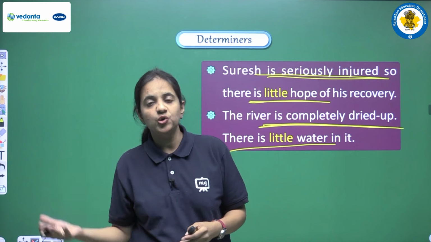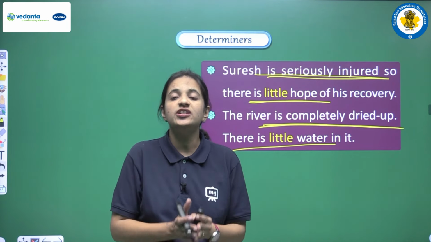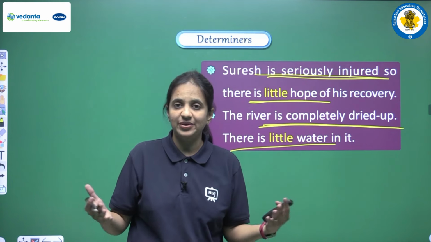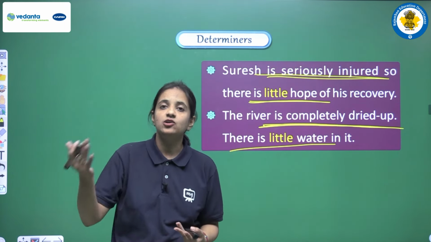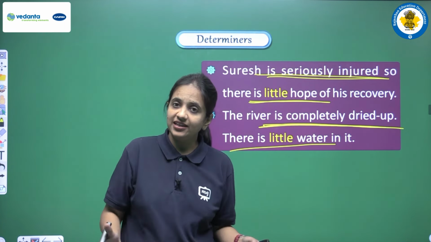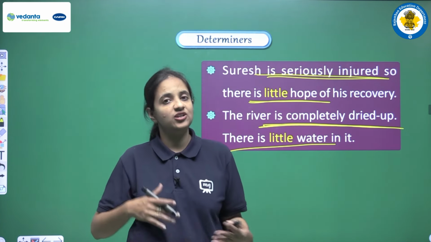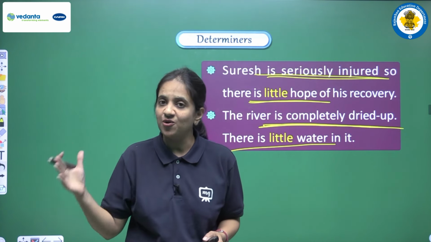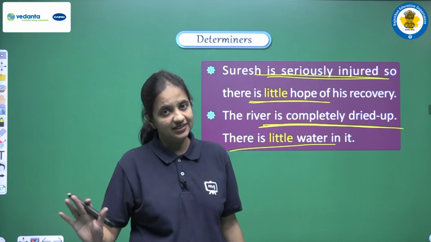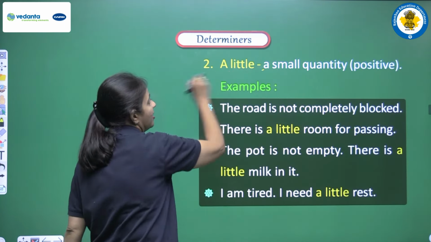Okay, so little is used before an uncountable noun, and the use of little is just like few. Both few and little are used to show negativity. They are used to create a negative sense in the meaning when we are trying to say that the quantity or the amount was very less, just like nothing. In that situation we can use few and little: few before a countable noun and little before an uncountable noun. Clear?